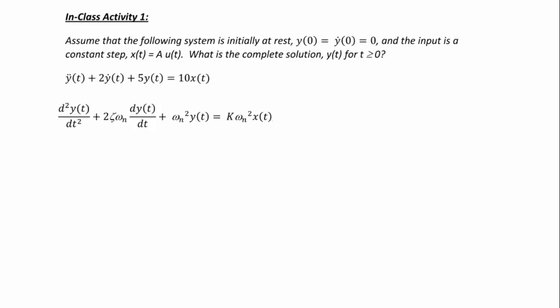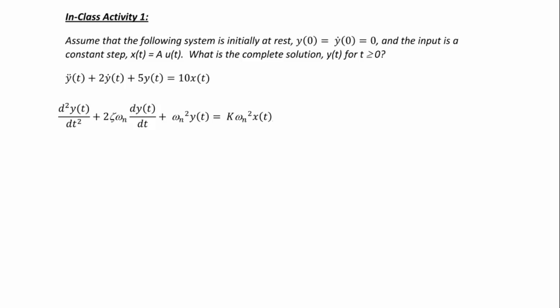Assume that the following system is initially at rest: y of 0 equals y dot of 0 equals 0, and the input is a constant step, x of t equals A u of t. What is the complete solution y of t for t greater than or equal to 0? The system is the second derivative of y plus 2 times the first derivative of y plus 5y of t